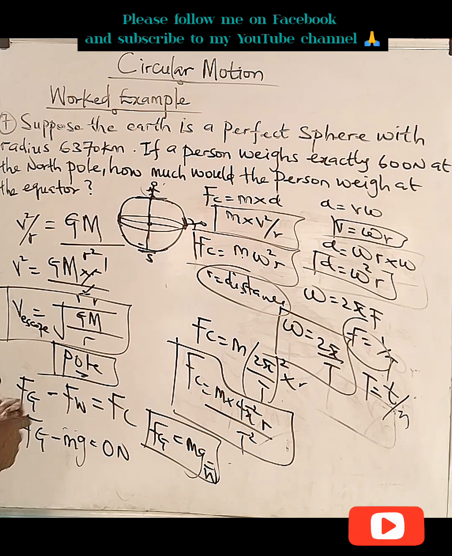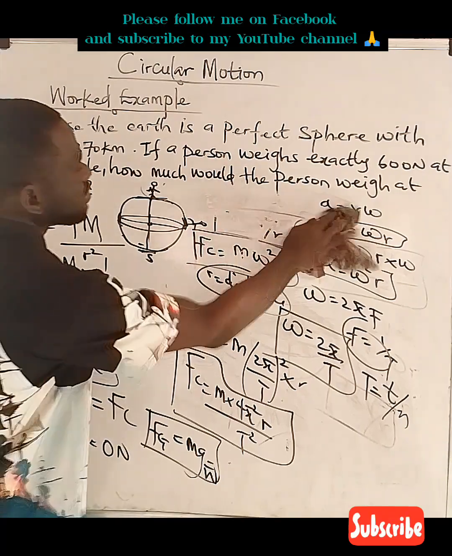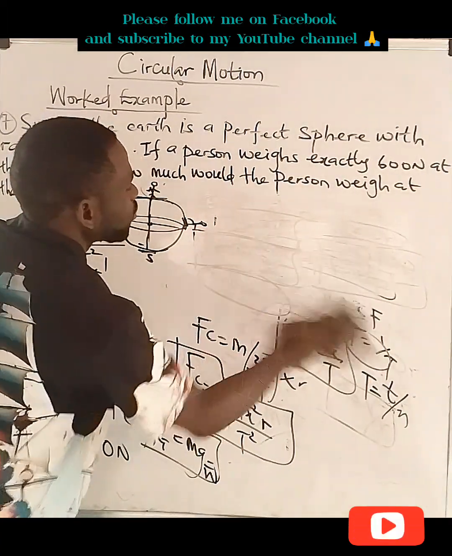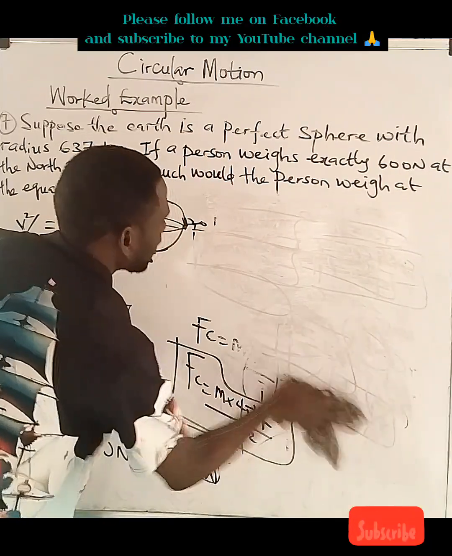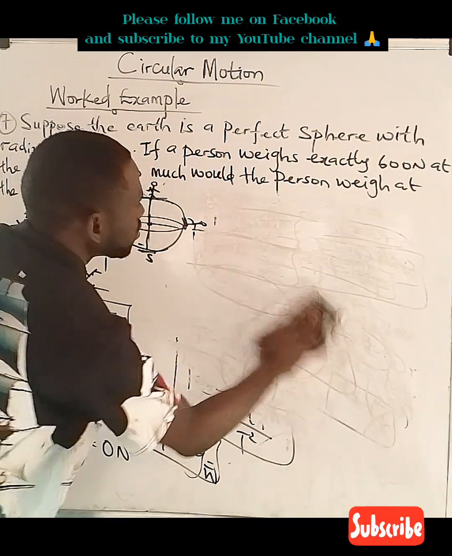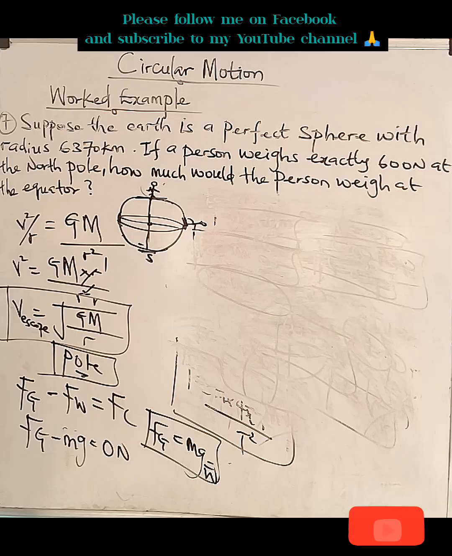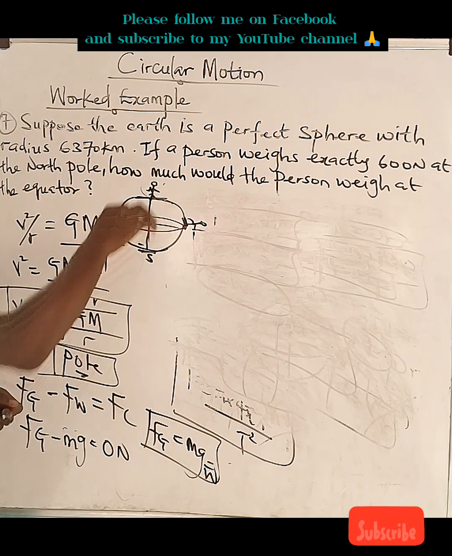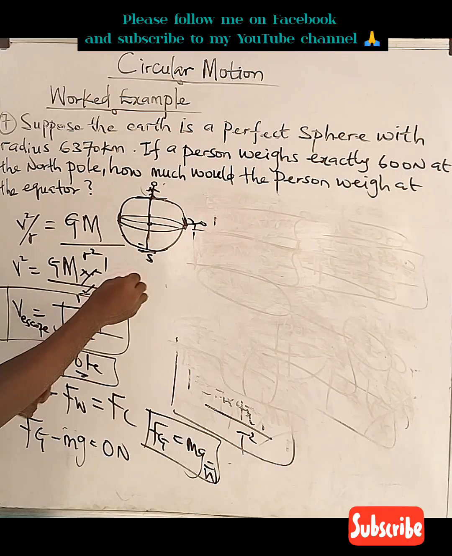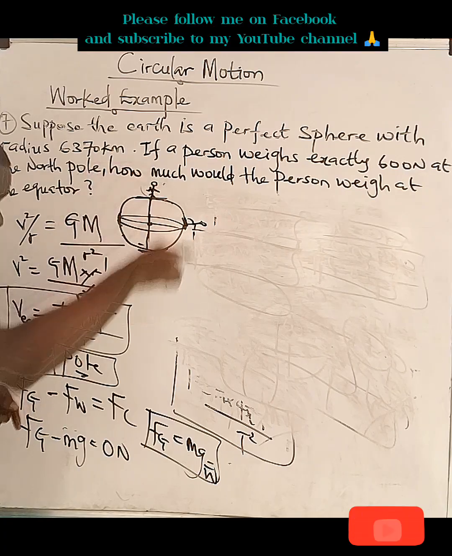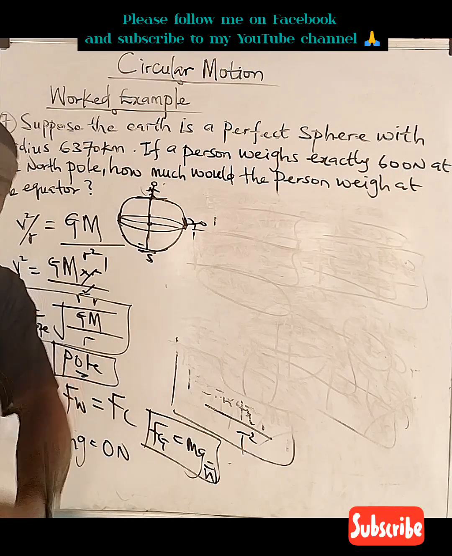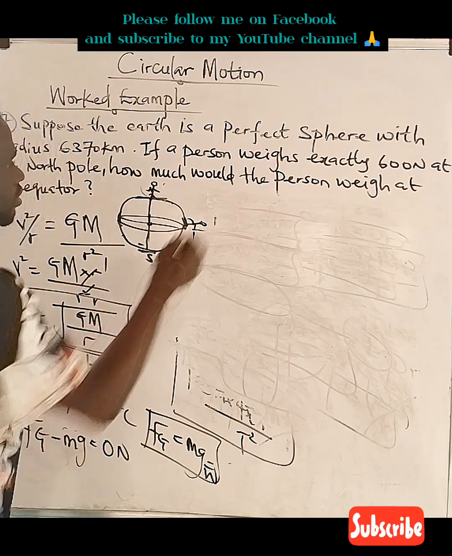So quickly, we are going to be looking at what the force of gravity will look like at the equator. Now let's look at that. What would the force of gravity be at the equator? We're done looking at it at the pole, so we've got to look at it at the very equator. The force of gravity at the very equator is still going to be the same thing. It is the force of gravity that helps this body to keep moving in the circular path. Force of gravity brings about the centripetal force. So now at the very equator, here,